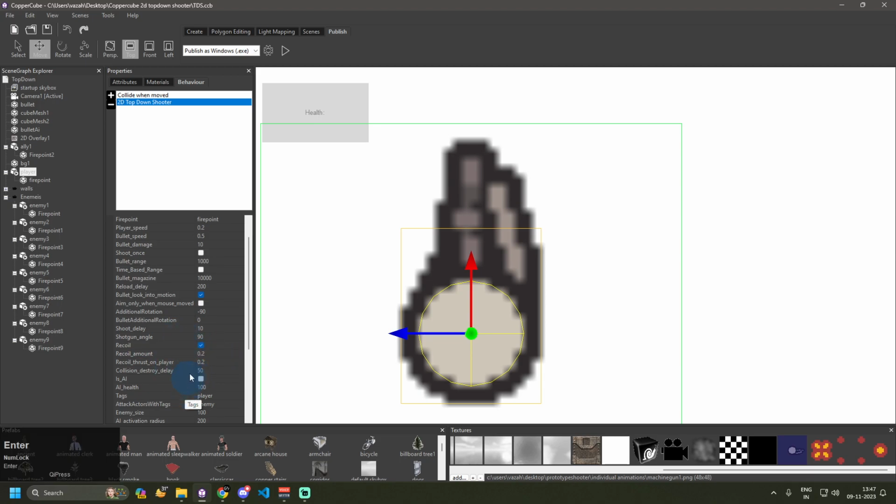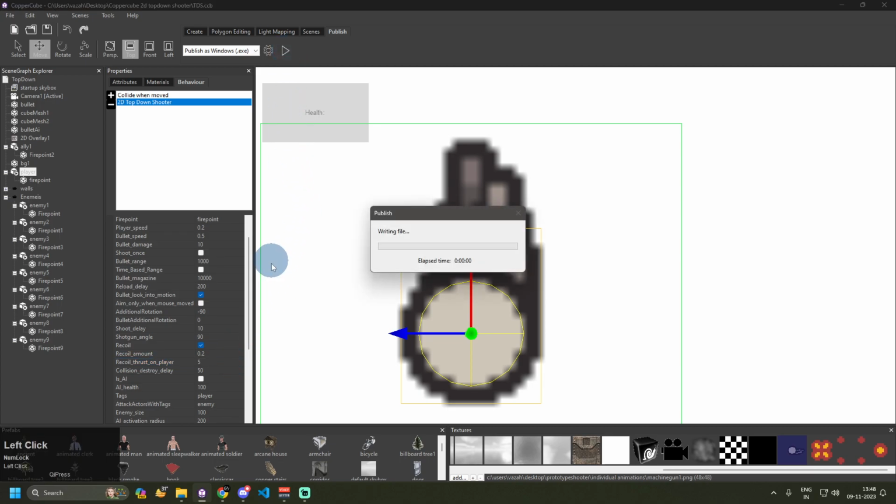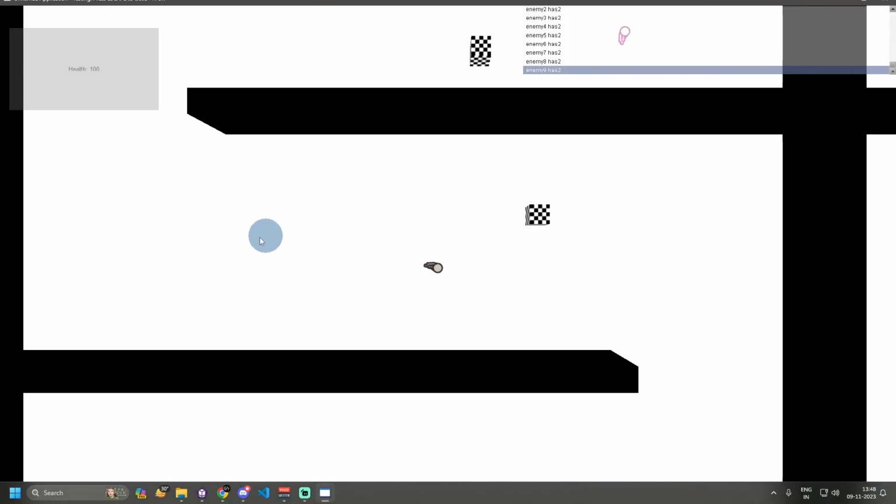I love creating this. So then we have recoil thrust on player. Whenever you are shooting with a gun, you have a recoil thrust on you, which pushes the player back. So right now it is using 0.2, so you won't notice it when we shoot, but it is actually pushing the player a bit backwards whenever it shoots. So let me just increase it, make it 5. And if we test it out, if we shoot,